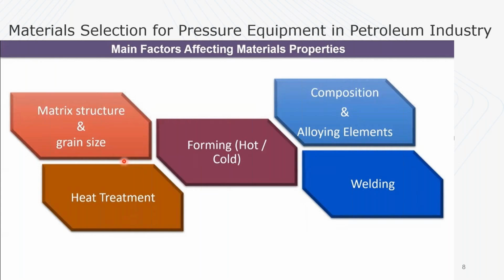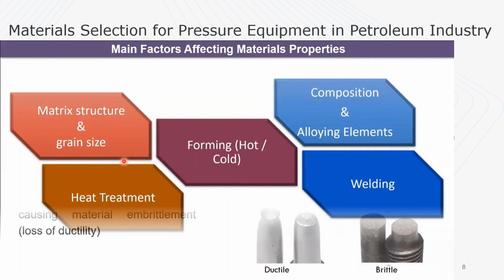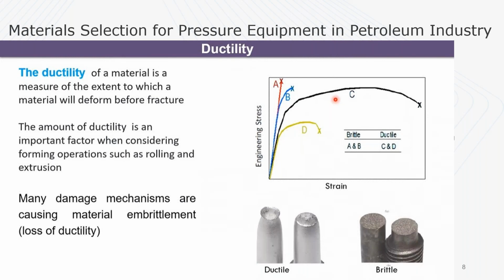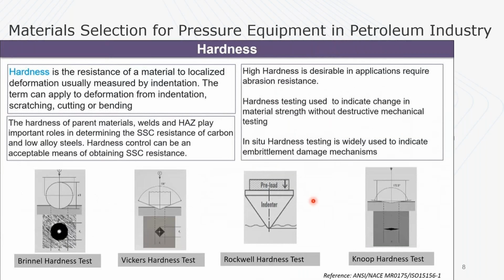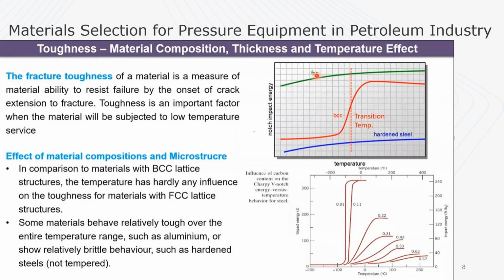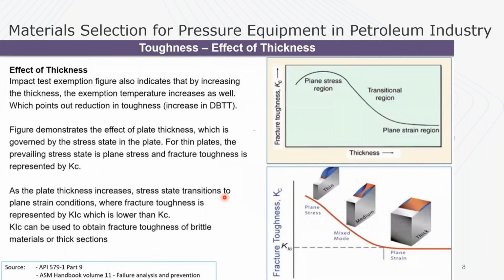Well, welding information is important. Chemical composition and alloying elements, heat treatment information, and matrix structure and grain size. All right, so you need stress strain, fatigue, creep, so much information, right? And each individual small part is important in this case. And so many details. If it's hard enough, is it durable enough? You need so much more information, elevated temperature, and different forms, different thicknesses of the material, right? These all make a huge difference.